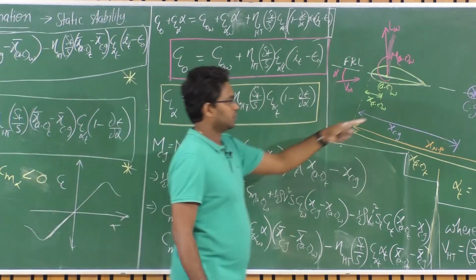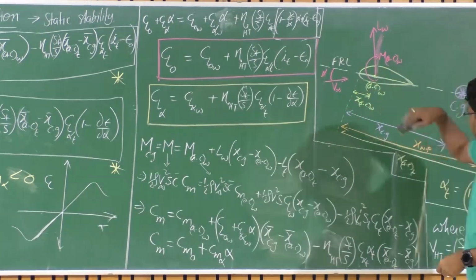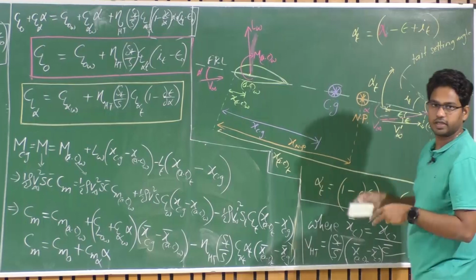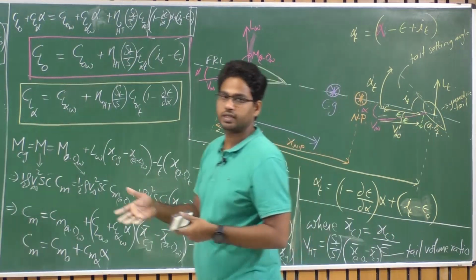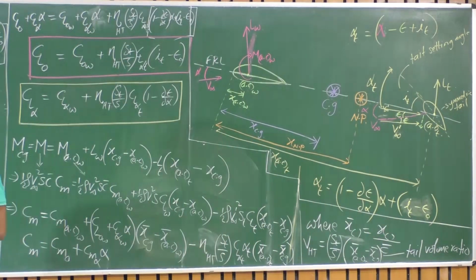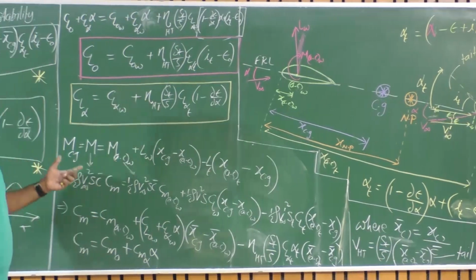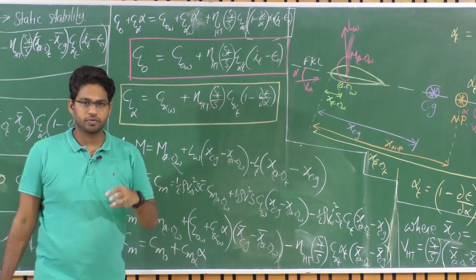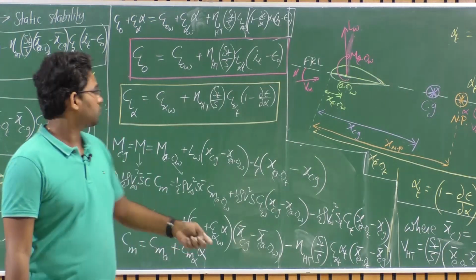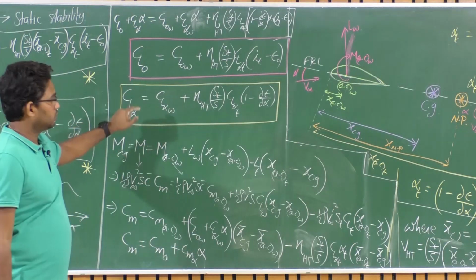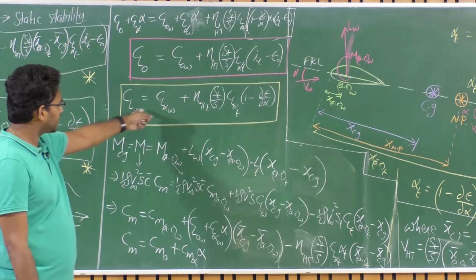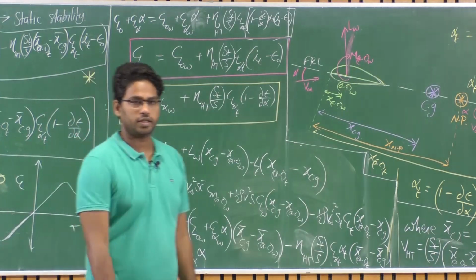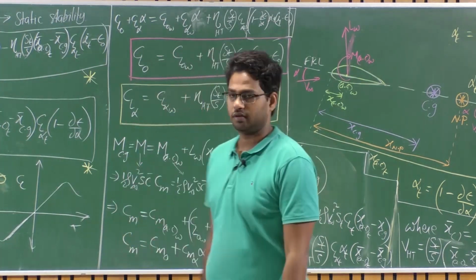So if that is the case, the overall lift of the aircraft decreases. Why? Because near the tail you are producing a downward force, right? Near the wing you are producing an upward force. So there is a resultant force which is less than that of the wing's upward force alone, right? Am I correct? So again you have to compromise at CL naught. If you give a negative tail setting angle, you should also compromise at CL naught here. Tail setting angle is not going to influence this CL alpha, the lift curve slope of this wing and tail or the total aircraft here. Okay.